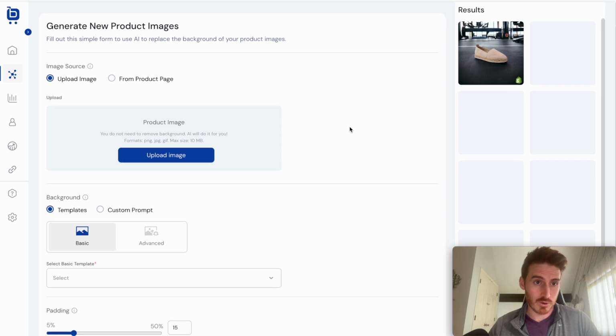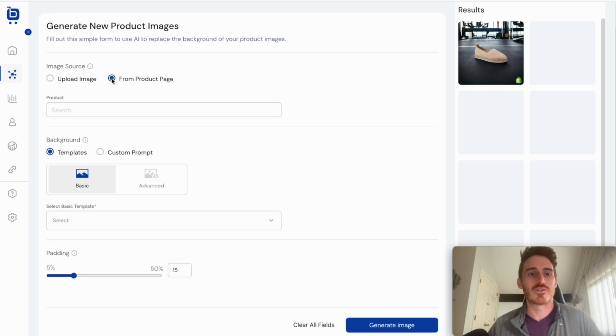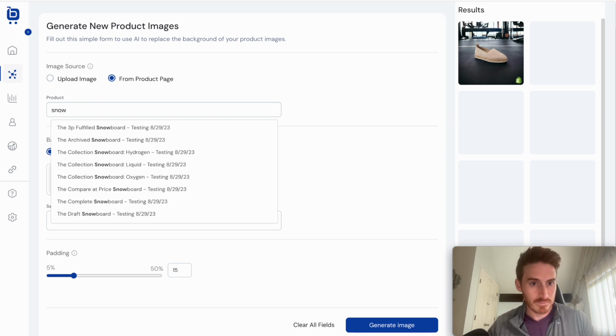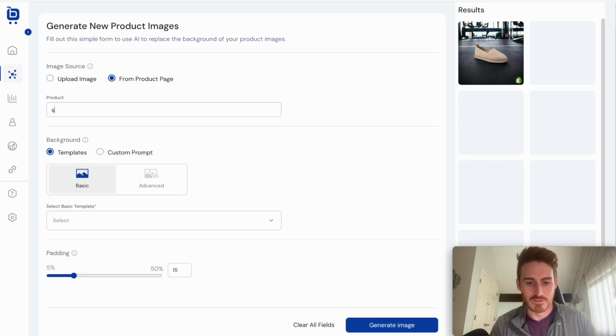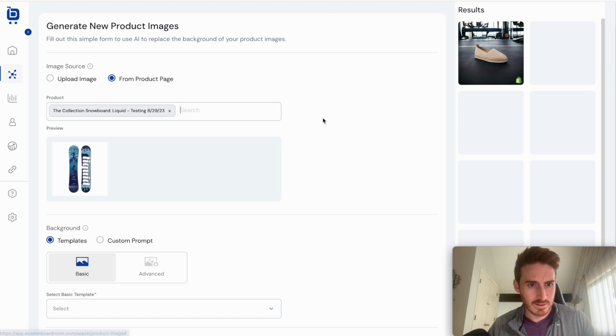First step is to start with a product image. So you can upload something from your computer here, or if you have your Shopify store connected to Boardroom, which you probably do, you can just click this little bubble there from product page, and you can search for any product on your store. I'm just going to pick one here. Actually, let's do a different one. There we go. So this is a snowboard product here, and you get a little preview of the